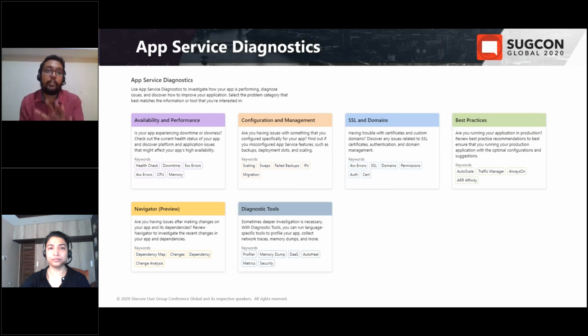Suppose you don't know where to start or what the issue is, the best place to start is health check, which is in the availability and performance panel. So now let's move on to Azure and check this health check part and see what all it provides.